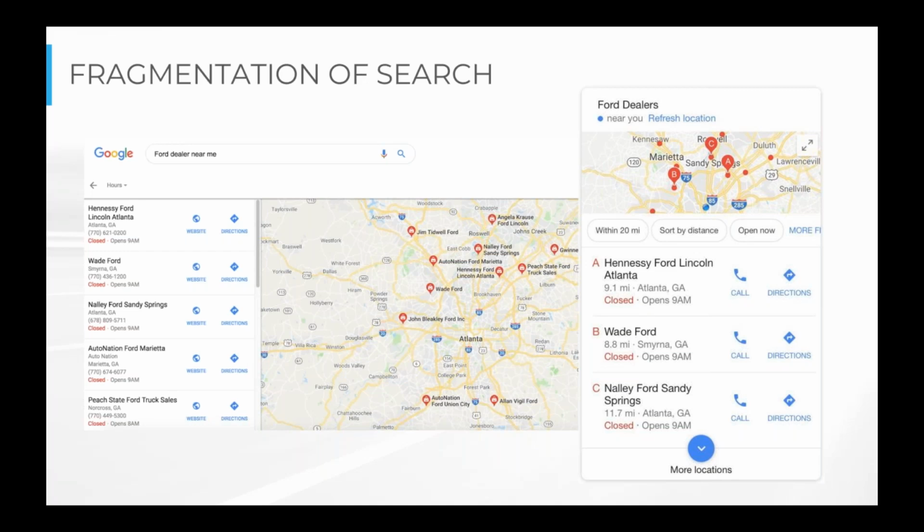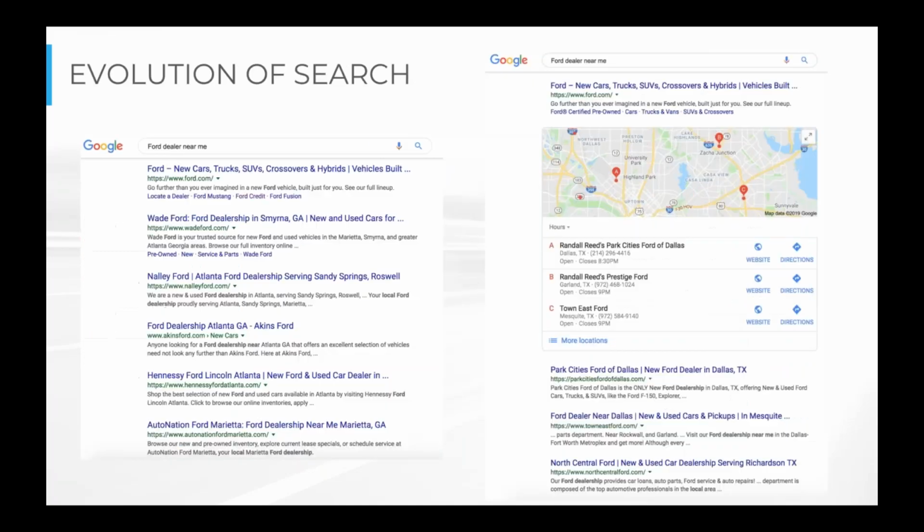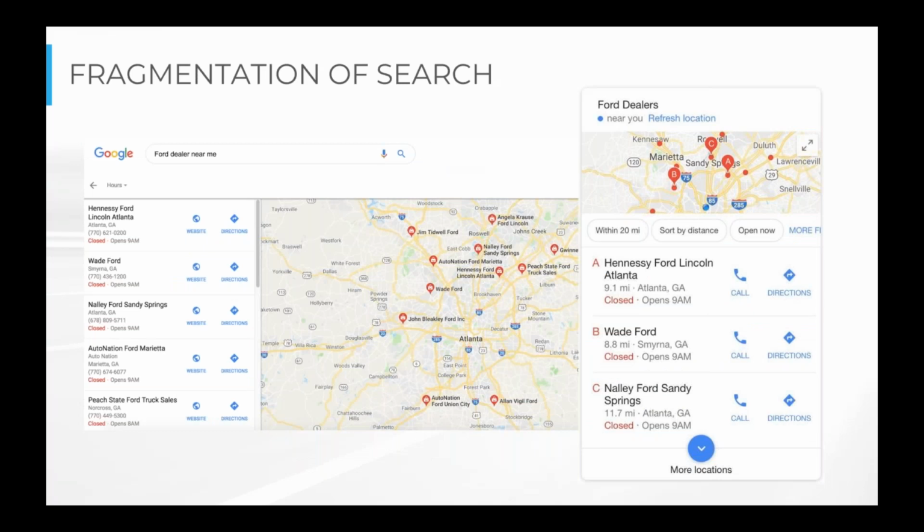So right, we looked at 2016, that's what you had to worry about, that's how you wanted SEO. Now we're looking at 2018, you not only have to win, right? If we go back here, you've got to either win one of these 3 spots, or you've got to place well enough on the second page or the more locations there in order to still be visible to your customer